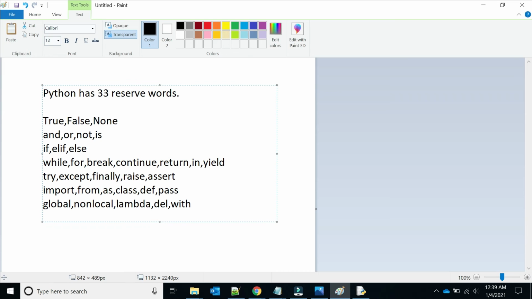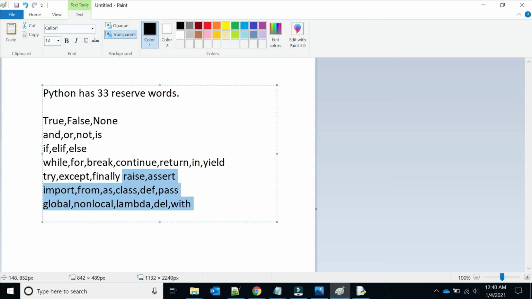Let's see all those: True, False, None, and, or, not, is, if, elif, else, while, for, break, continue, return, in, yield, try, except, finally, raise, assert, import, from, as, class, def, pass, global, nonlocal, lambda, del, with.